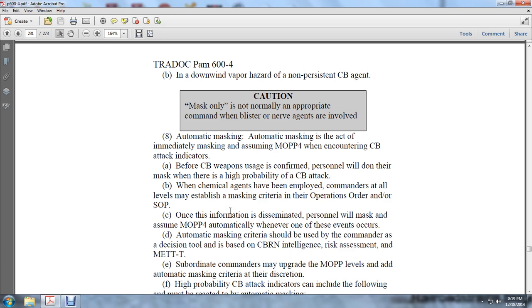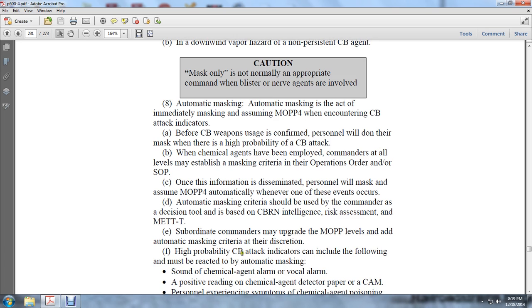Automatic masking criteria should be used by the commander as a decision tool, based on the chemical, biological, radiological, nuclear intelligence risk and assessment of the threat. Subordinates may be upgraded to the MOPP levels, adding automatic masking criteria at the commander's discretion. High probability chemical biological attack indicators can be included. The following must be reacted to